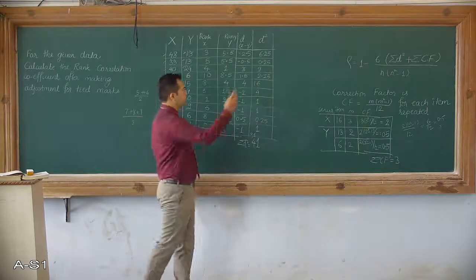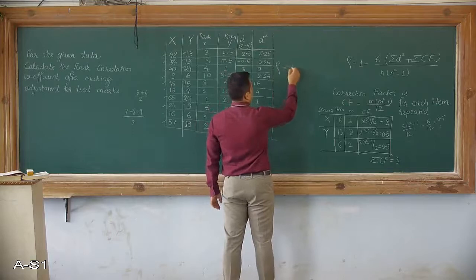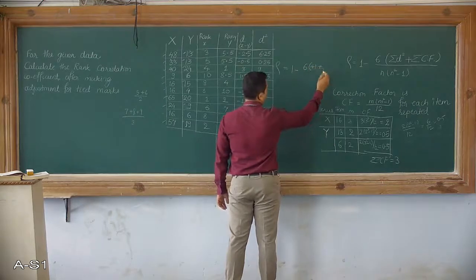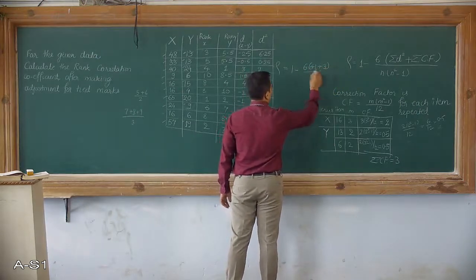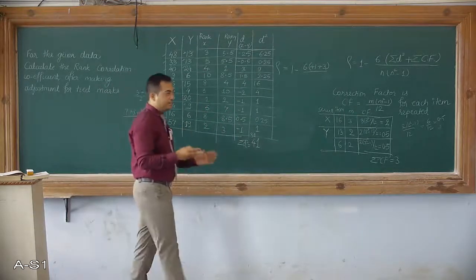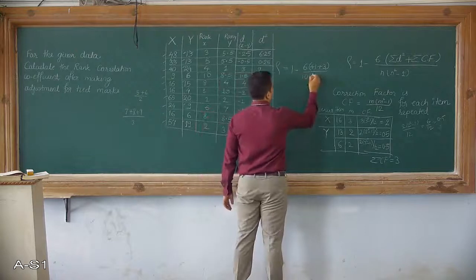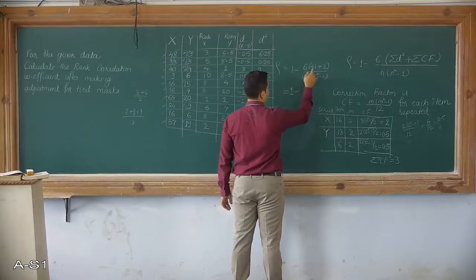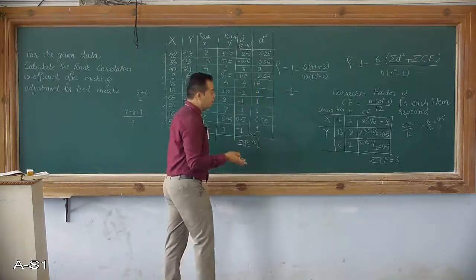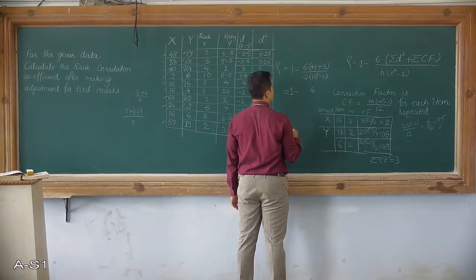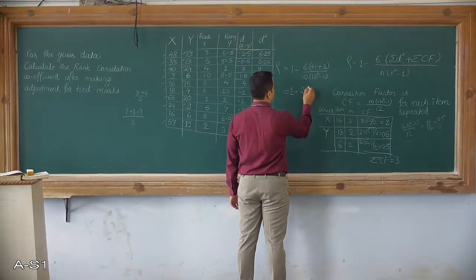So now let me substitute the values into the formula. So it is 1 minus 6 into summation of d square, which is 41, plus summation of correction factors, which is 3, divided by, now here we have got altogether 10 values, the last rank is 10, so it's 10 into 10 square minus 1. So this gives us 1 minus, so this 41 plus 3 is 44 into 6, that gives me 264